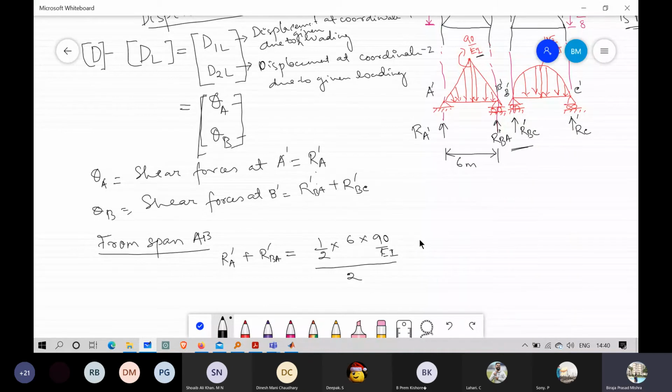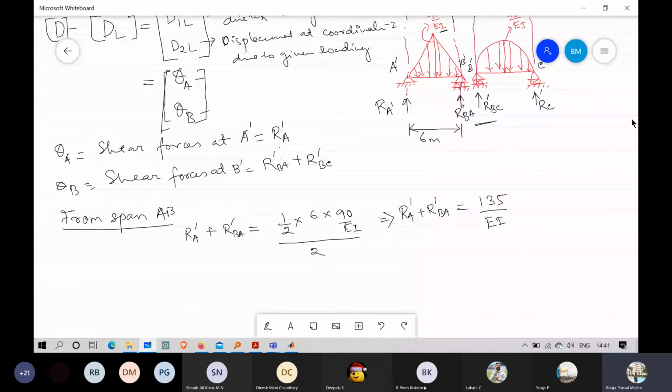Okay, so this implies R_A dash plus R_BA dash equals 135 by EI. If you solve this one, then it will be 135 by EI. Okay, so similarly,